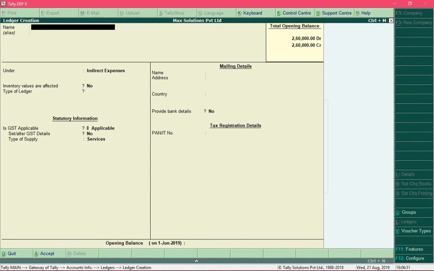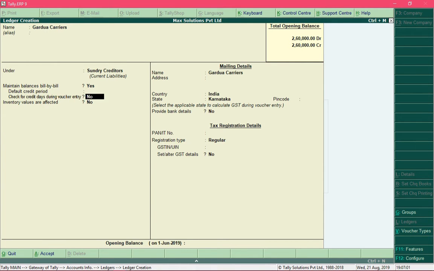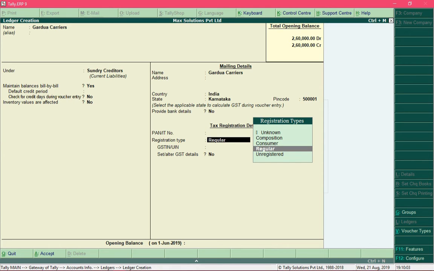And now we are required to create a ledger for the transporter, which is Garuda Couriers, under sundry creditors, and enter some pin code, and then specify whether the GTA is registered or unregistered.